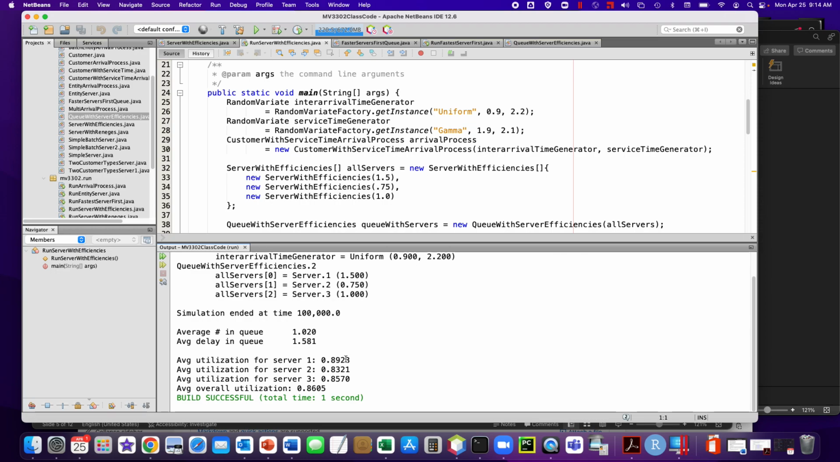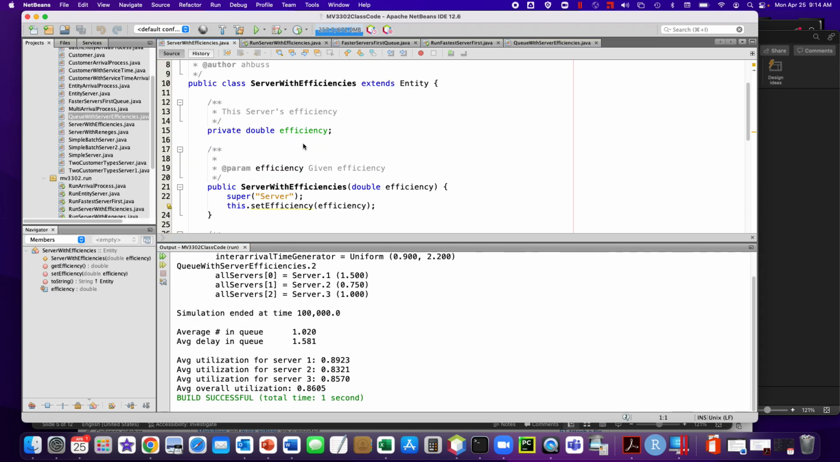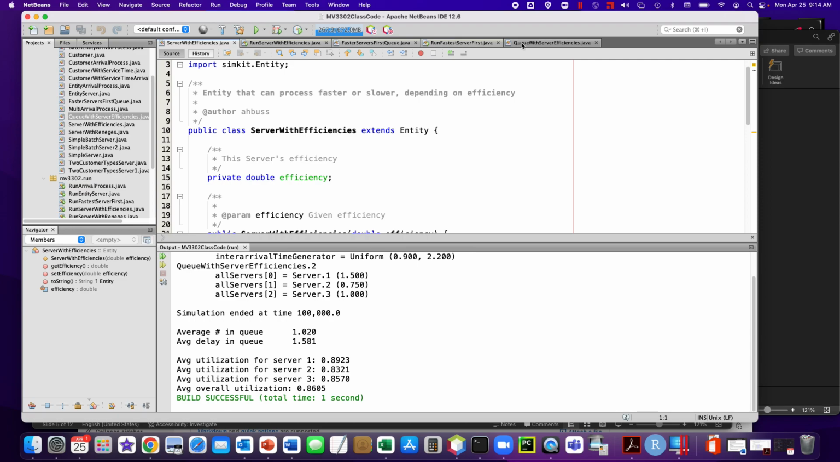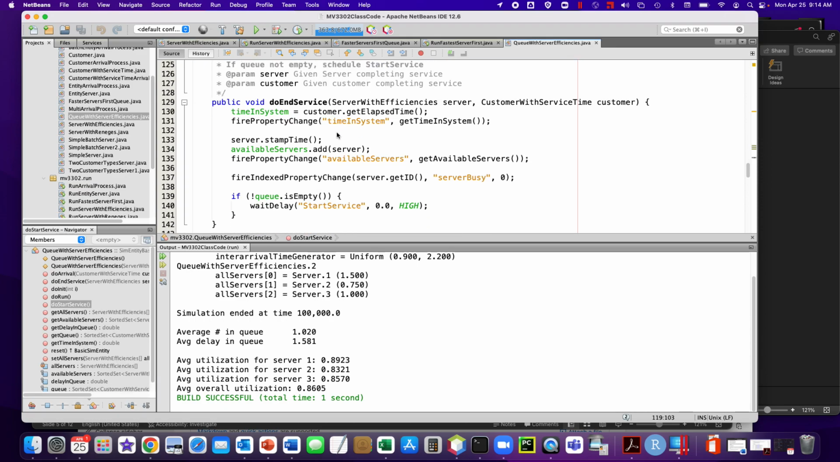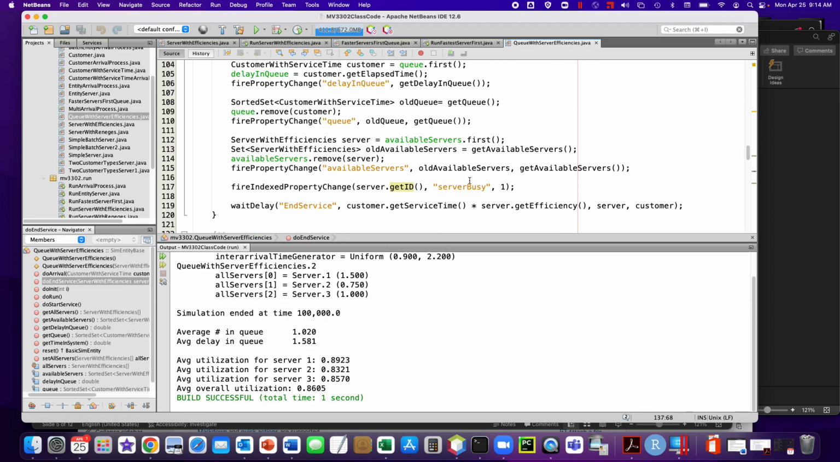Now for these, because we are firing two types of property changes. One is for the available servers, but then when a server gets busy, what we're doing is we're firing an index property change with its ID. And every entity has a unique ID. And so in this, well, let's see, let's go back. Yeah, so here we're looking at the busy. If you remember,